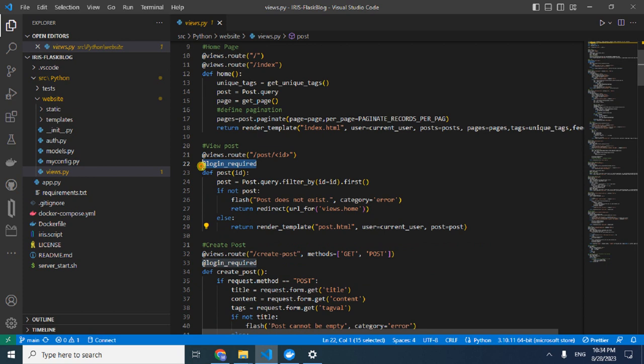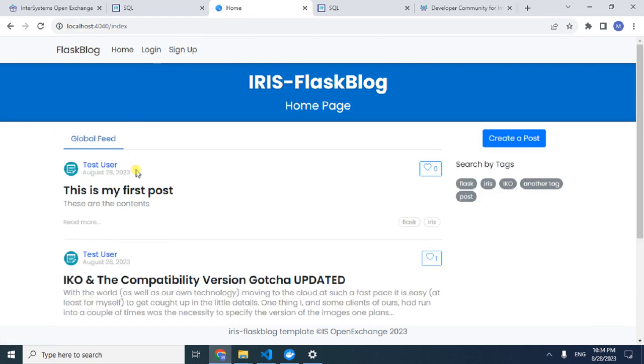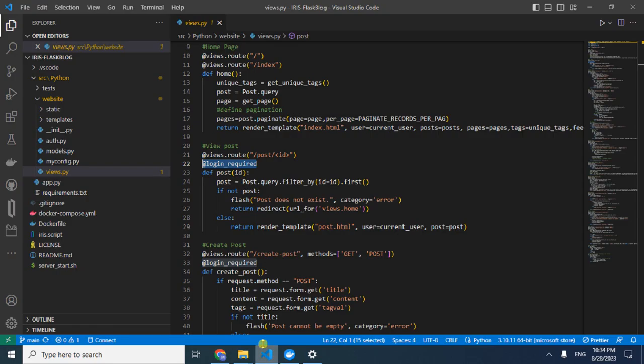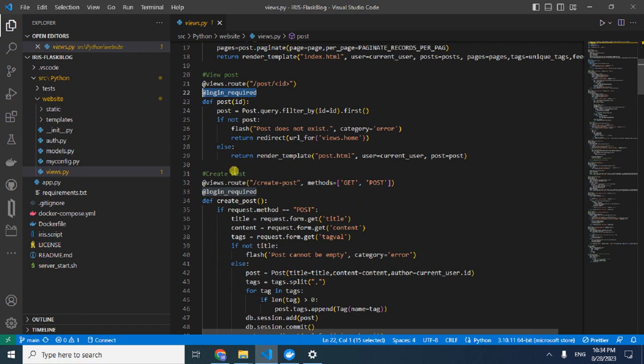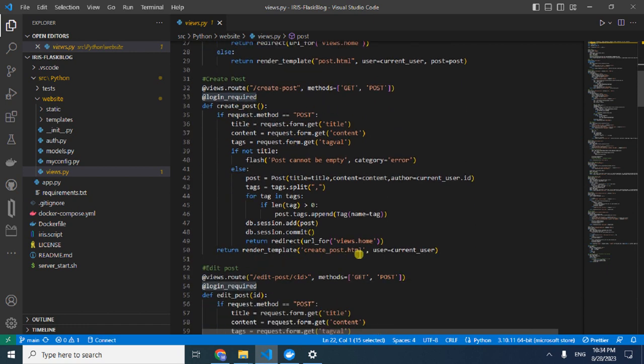So it needs a login required. So this is the Flask-Login functionality. If I log out and if I click, it will ask the username and password, because it requires the login here. Same when we are creating the posts. So we are creating the post and we are calling this create post HTML,